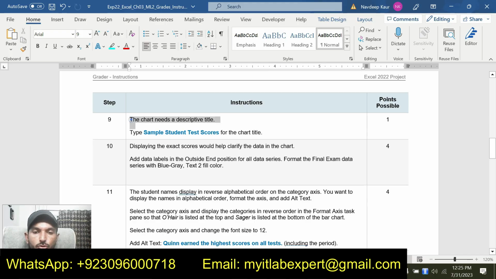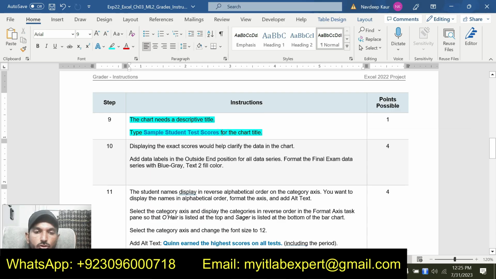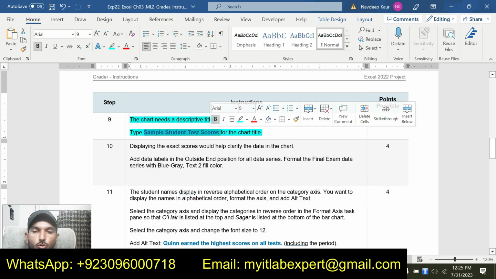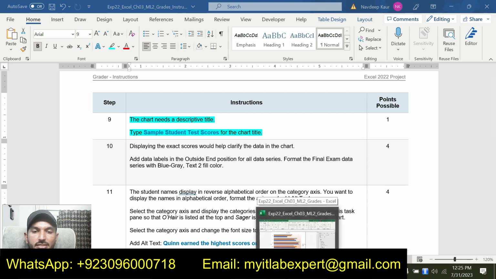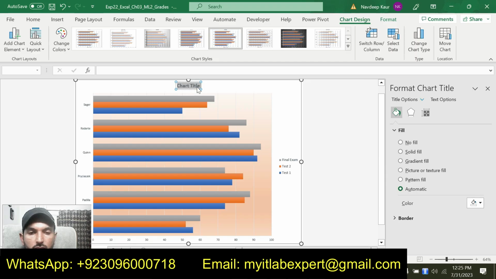That is, we are supposed to add the chart title. And the chart title should be sample student test scores for the chart title. Sample students test scores.